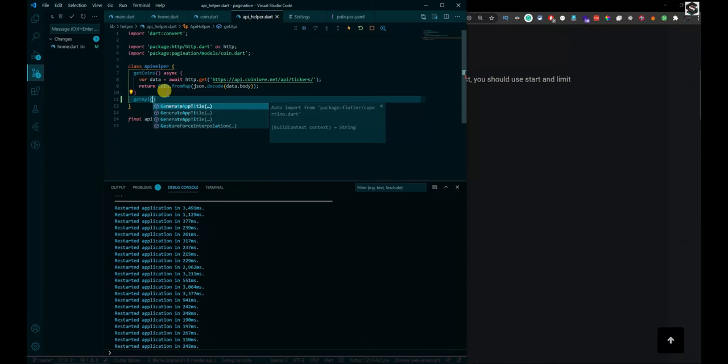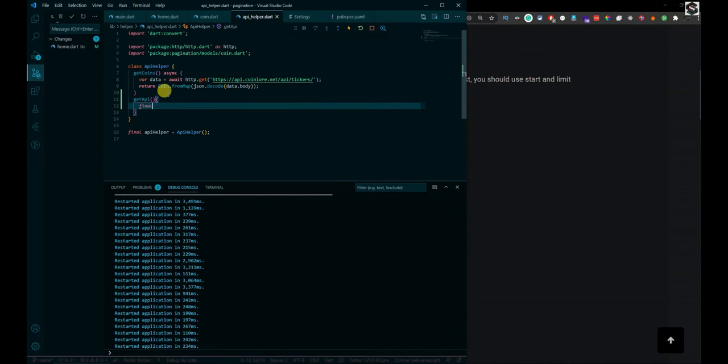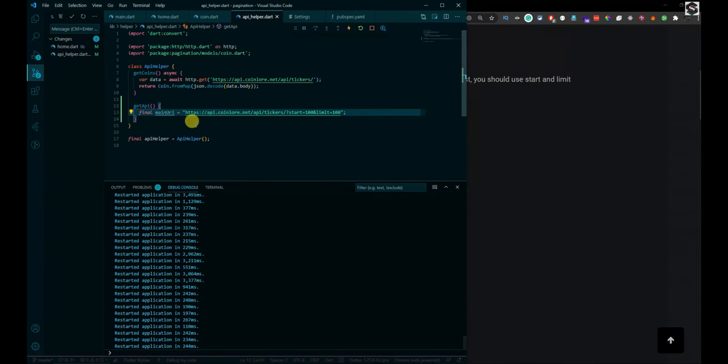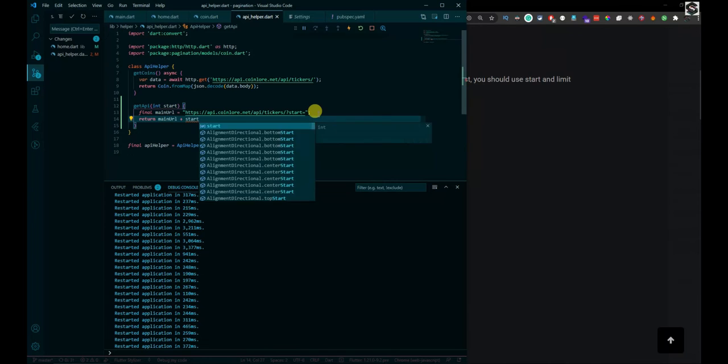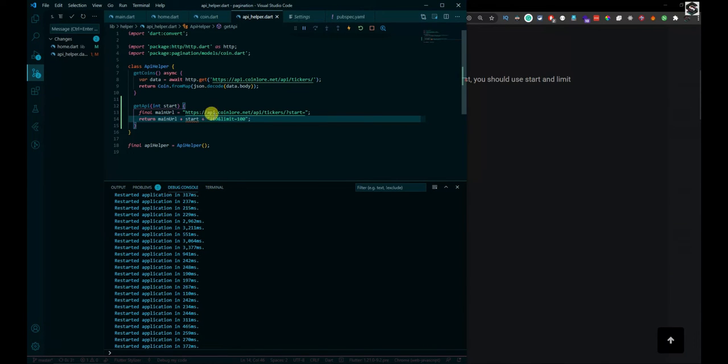We will quickly create the pagination API, that is the load more API, from which we will get more data into our existing data. For that I'm going to write some methods here which will give me the new link to the API, and later I will use that API to get more data and add it into our main coin object.